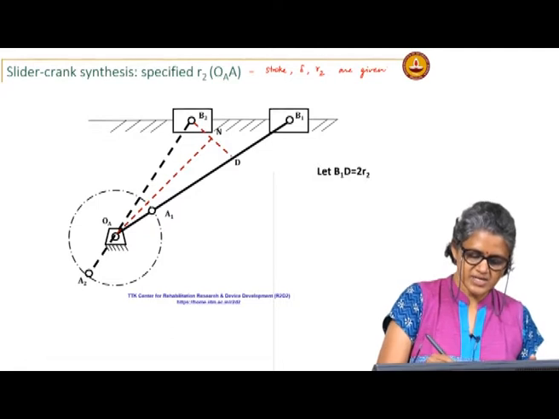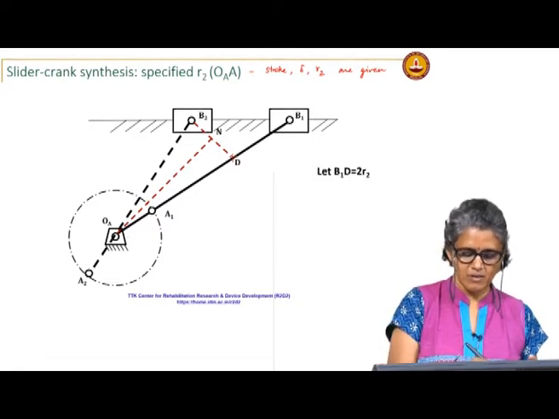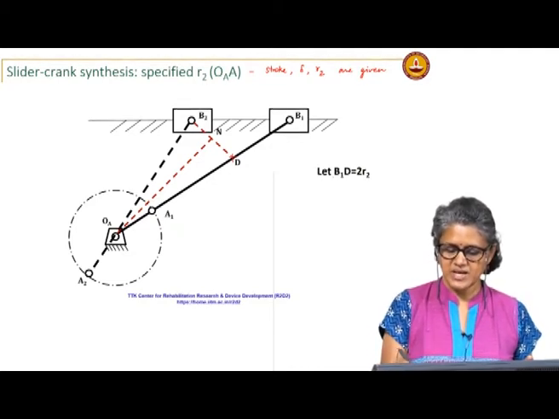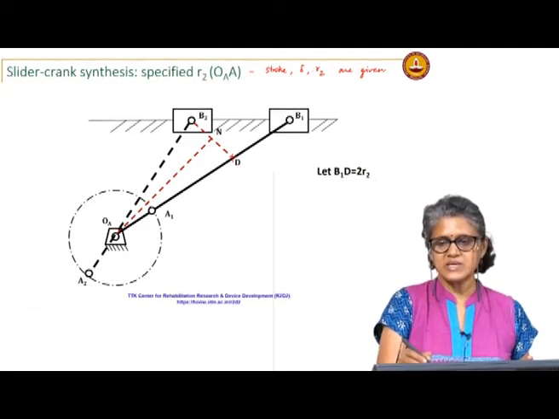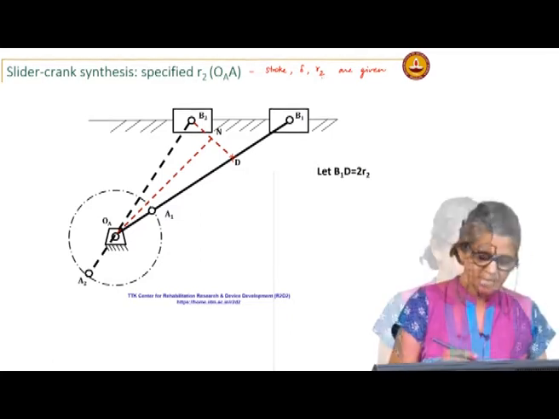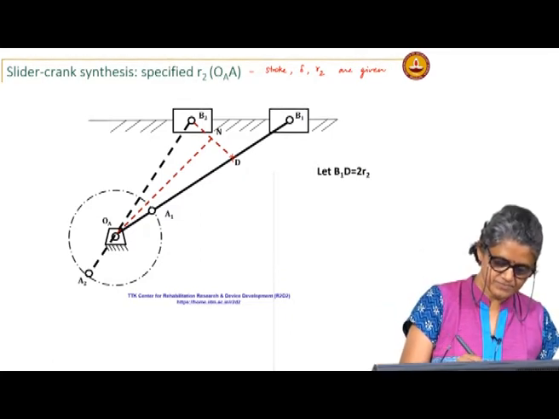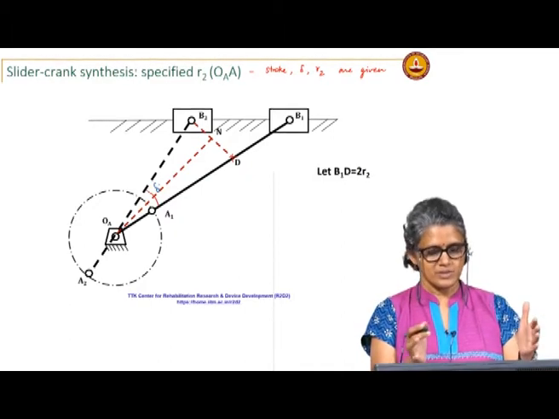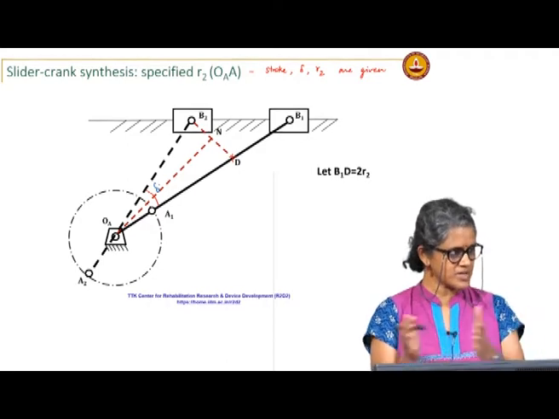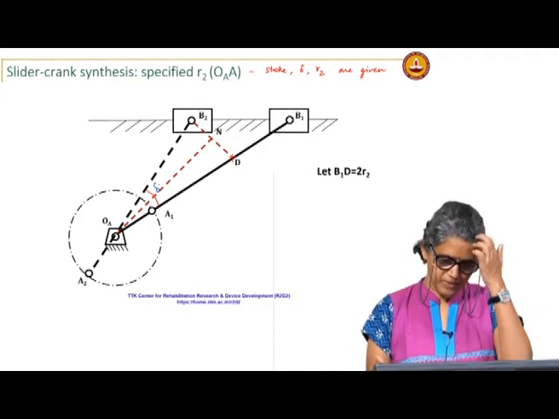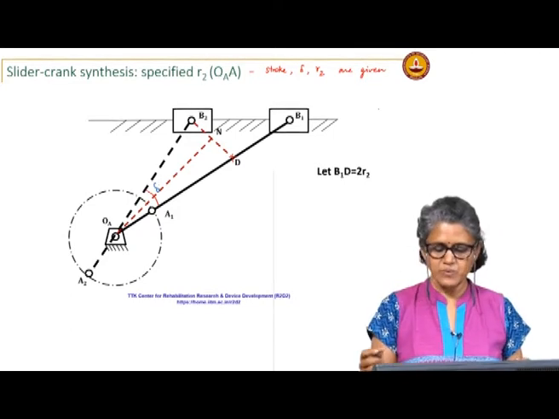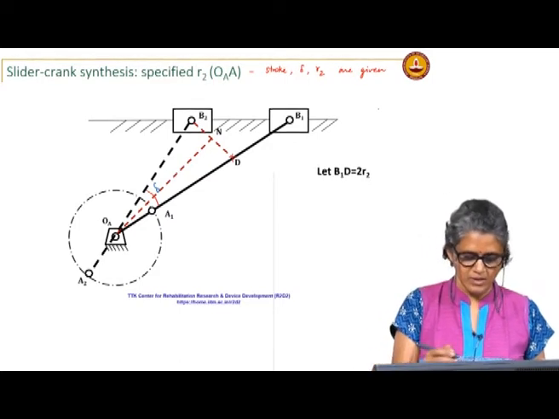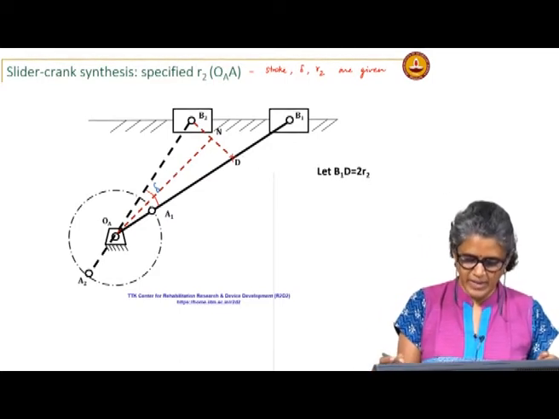So first I construct a point D on this A1 B1 such that B1D equals twice the R2 that is given. So this angle is delta. Here I do not know, I am taking a general case and trying to figure out what my construction should be. Okay. So let us say my B1D is 2R2, then what is my OAD?